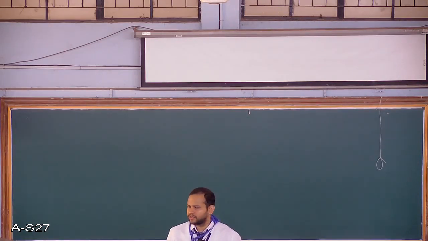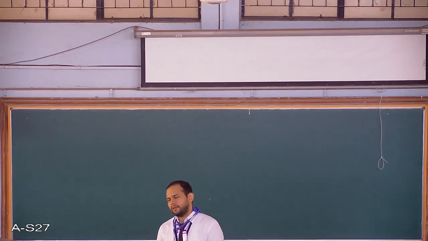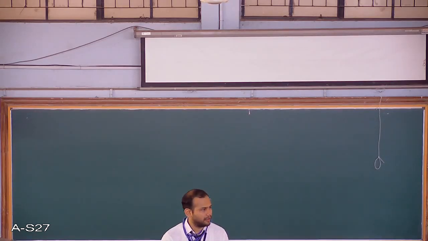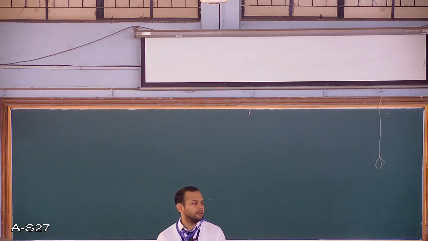So we spent 2 classes to understand how to solve the problems, especially in unit number 5. There are a lot of variety of problems. The formula, the base remains the same, but the same question can be asked in a very different format, and that can be confusing. We have seen for many past years now, students find this unit number 5 very confusing, because even though you know the formula, everything is known to you, but still to solve the problems it becomes difficult. For that your aptitude is very important.